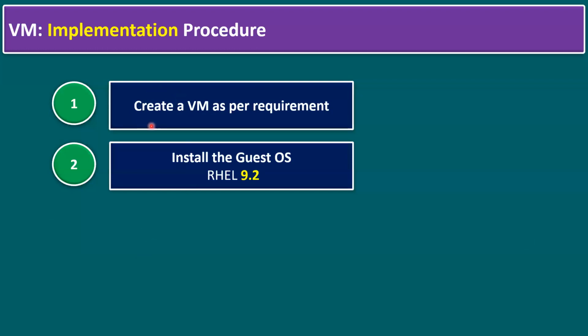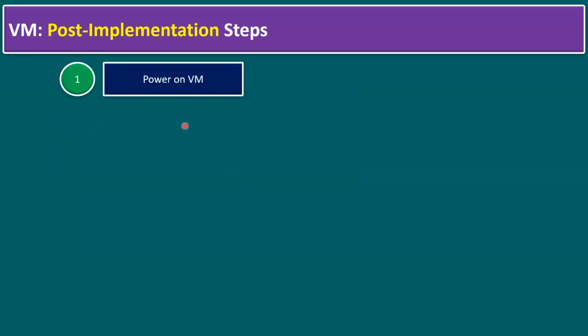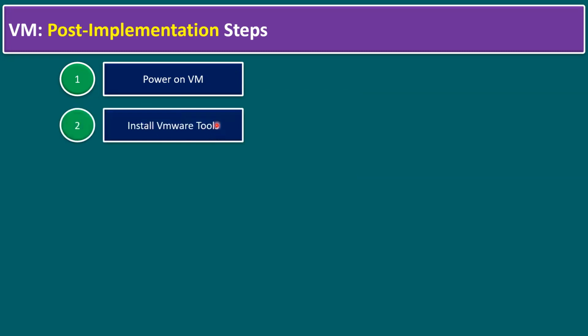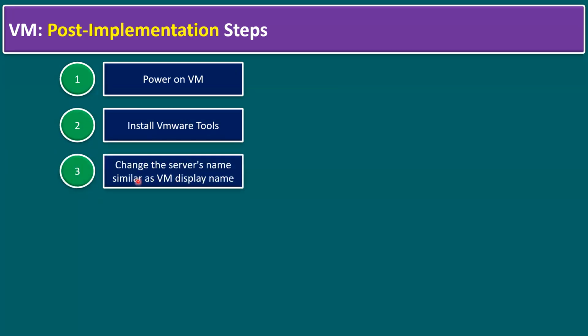So currently we created the virtual machine as per our requirement, and we initiated the RHEL 9.2 version installation. Now the next step is, once the installation is completed, we have to restart and power on the virtual machine. Install VMware tools. We already selected guest agent, so VMware tools will install automatically. And change the server name similar to the virtual machine display name. Let's say our VM display name I gave as RHEL 9.2, and guest-wise also we should validate